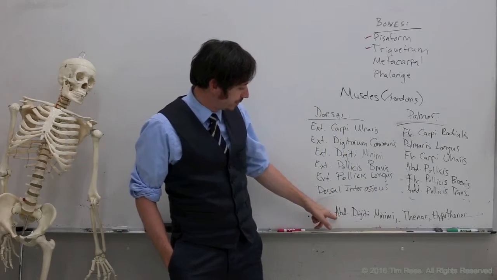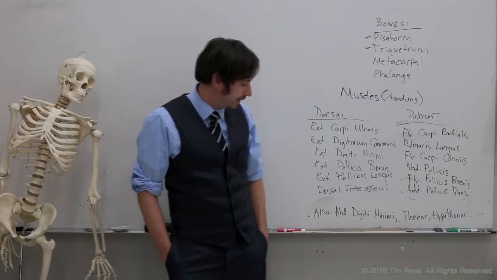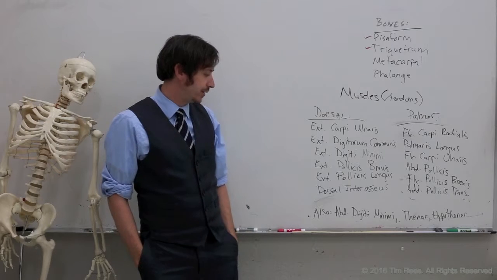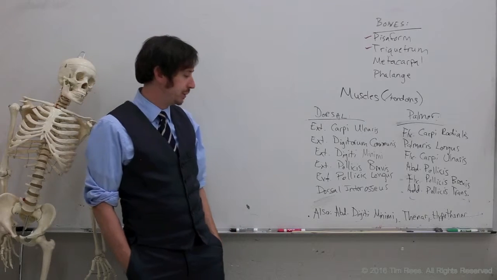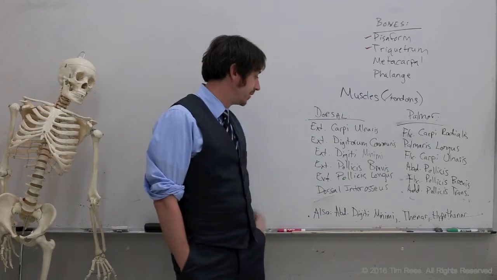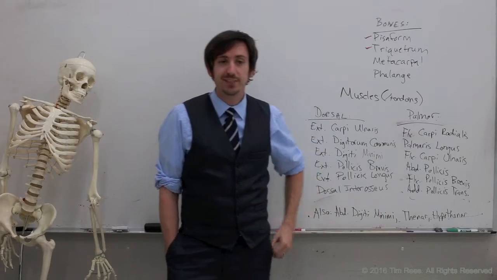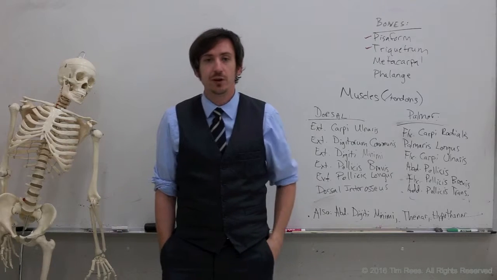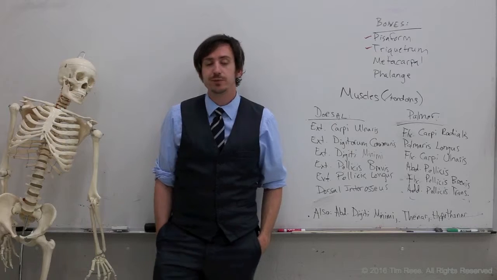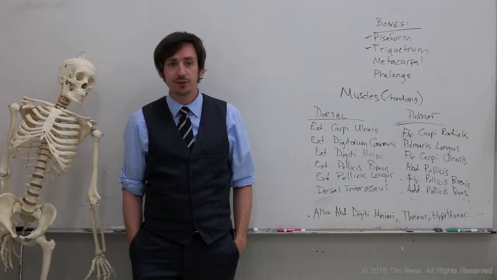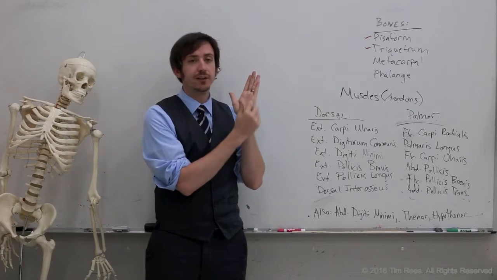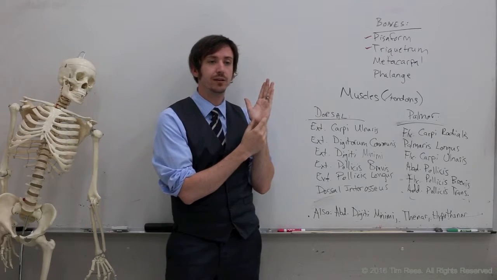One last little muscle to indicate is the abductor digiti minimi. We should understand what that is and about where it should be placed just by its name. Abductor, it takes away. Digiti minimi takes away the little finger. So if there is a muscle on the hand that is responsible for taking the little finger away from the other little fingers, it would stand to reason that it's going to be located on the outside here of the